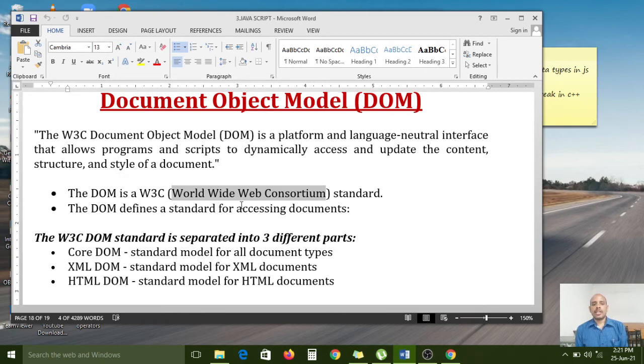And if you want to write scripts in that, that is also allowed by the document object model. For what purpose can we use scripts? To make dynamic changes, and also to change the content, structure and style of the document. If you want to change anything, or create anything, or inject any script type programs, the document object model also allows them to run.